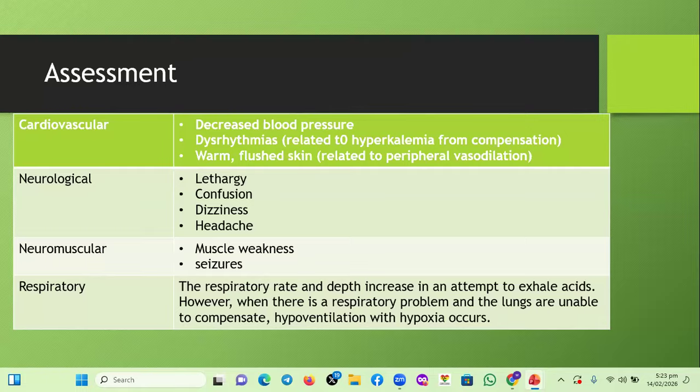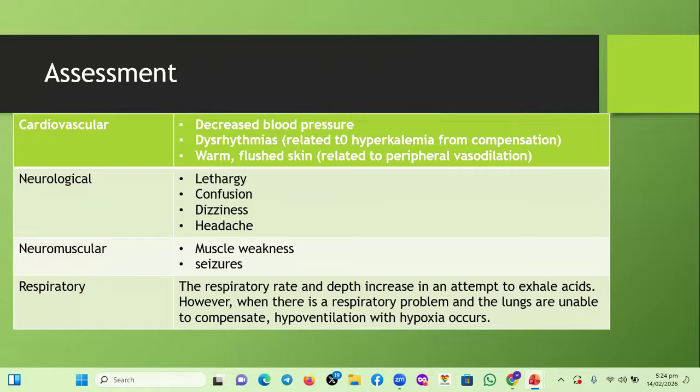Now, in terms of the respiratory system, we know that the respiratory rate and depth will increase because the body is retaining more carbon dioxide, as a form of compensatory mechanism. The respiratory rate will have to increase in order to get rid of the carbon dioxide that has been retained in the body. However, if there is any form of respiratory problem and the compensatory mechanism of bringing out the carbon dioxide fails, then the person will go into what we call